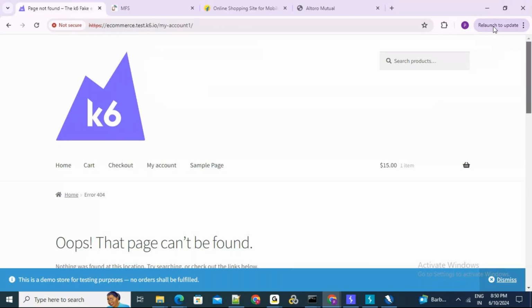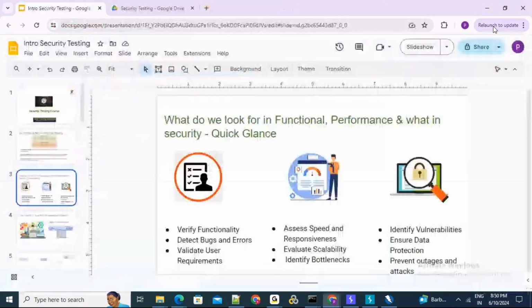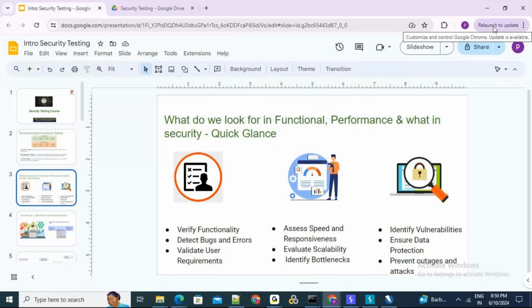There are a lot of things we are going to learn. The basic difference between three different categories of your testing. Okay, fine. Now,